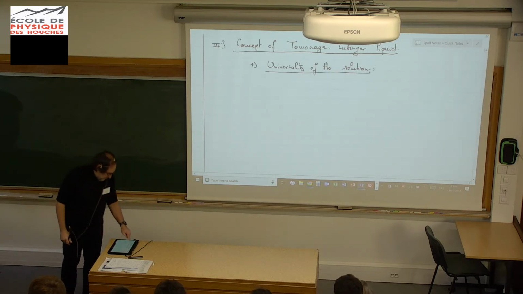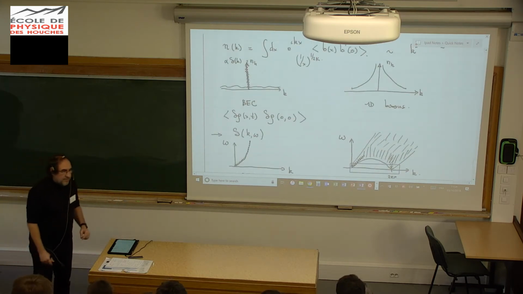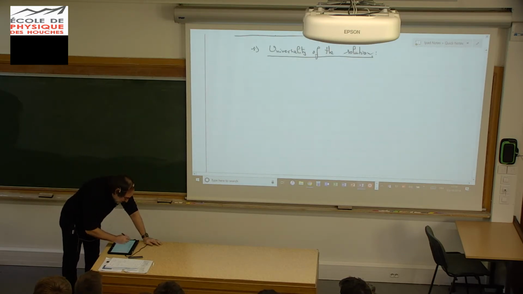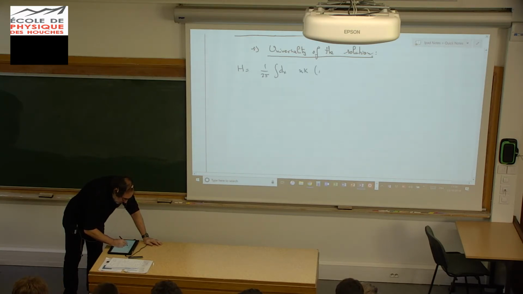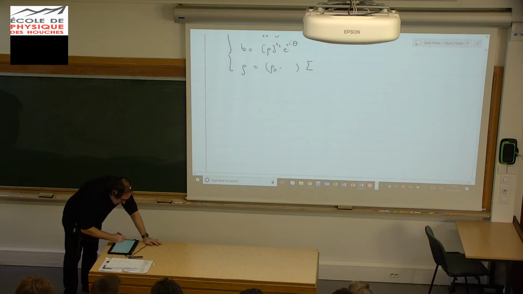So the idea is the following. You could ask what is correct in what I did and what is wrong in what I did. The answer is everything I did is correct. If I consider that my Hamiltonian is 1 over 2 pi, the sum over dx of u times K (pi Pi) squared plus u over K (grad phi) squared, and that B is the square root of rho to the 1/2 times the exponential of plus i theta, and rho is equal to rho 0 minus blah blah. I won't write it again. So this gives exactly